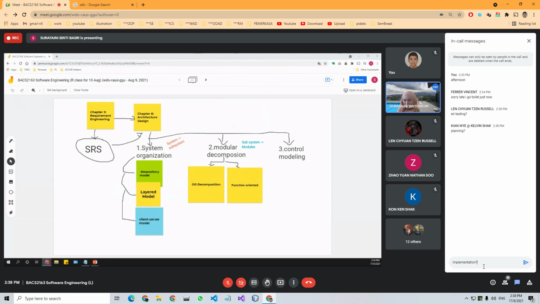Planning? Kelvin, what will we need to plan? Yes, coding or implementation. Okay, so whatever we have designed, we need to implement it, which is we need